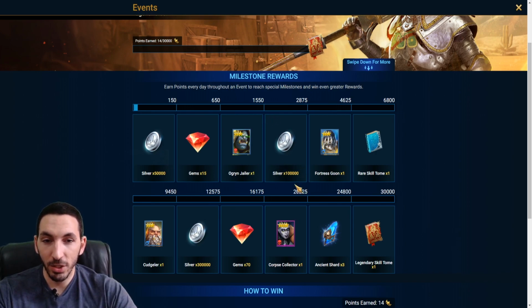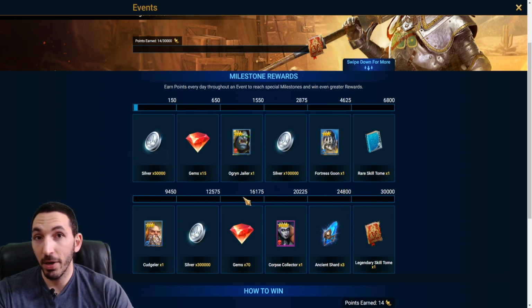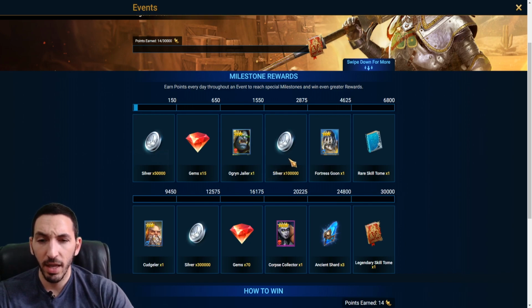But look at this, guys. At 20,000 points, you actually get the epic needed for the fusion. And this is the only one I'm missing, so this is the one I'm going to focus on the most. I'm not going to spend my resources on the other events, although we do have a dragon training event. But still, I'm going to focus on this event to get her, and then I'll be able to get